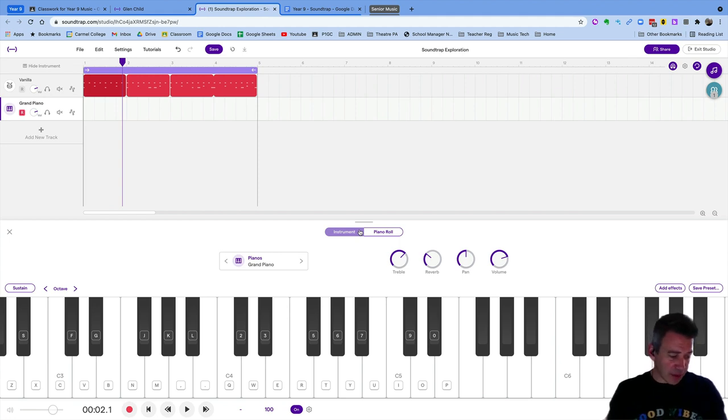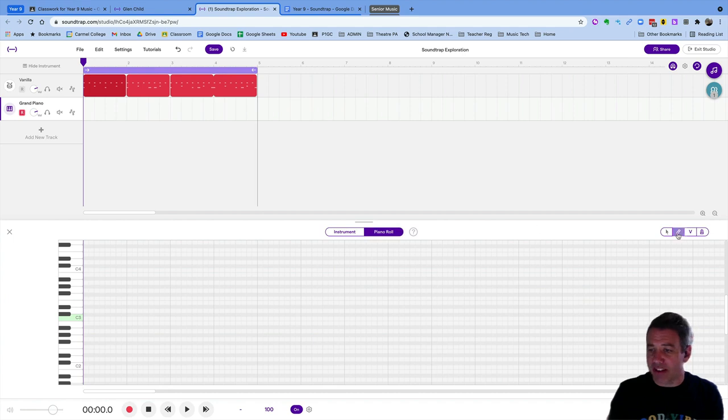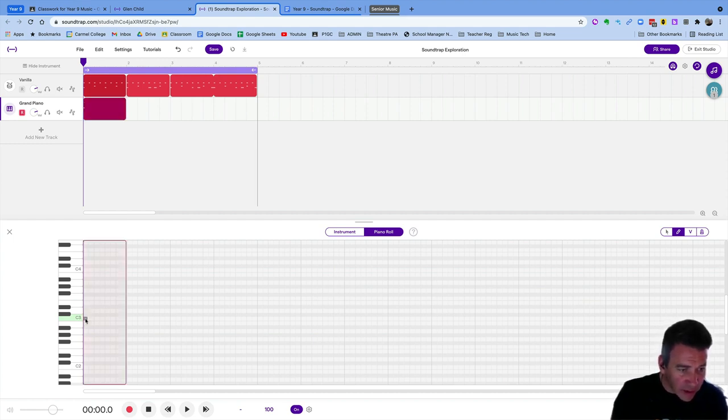Now the chords that I'm going to put in for today are the chords of C, G, A minor and F. Now in the Google Doc that's attached to this assignment, you'll see I've written in the notes. Okay, let's just go back to the beginning. We're going to get a piano roll. I'm going to select my pencil and our first chord is the chord of C, so we need C, E and G. So I'm just going to go down here and go C,